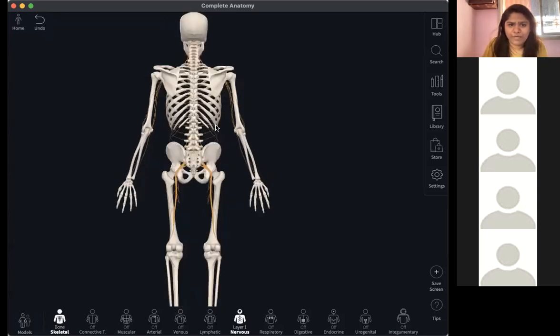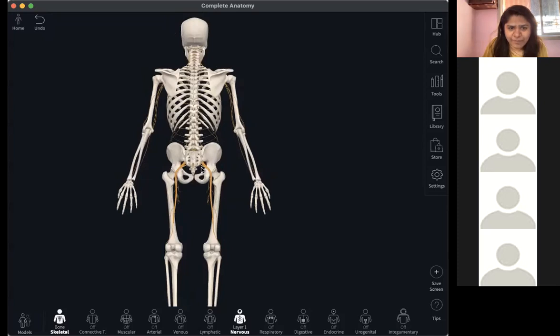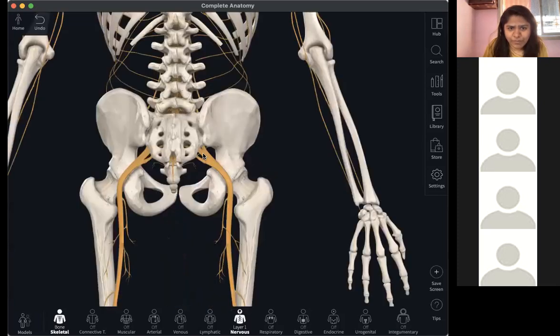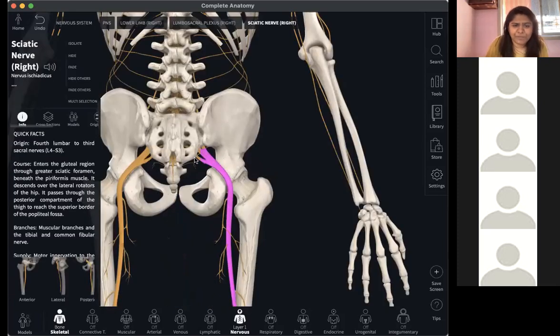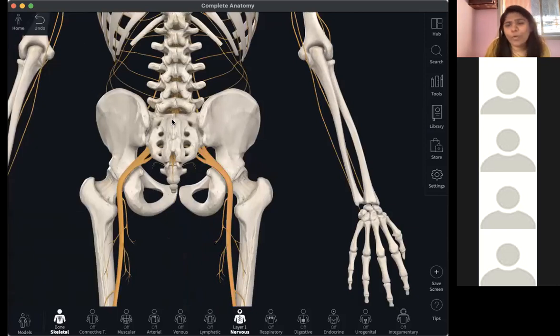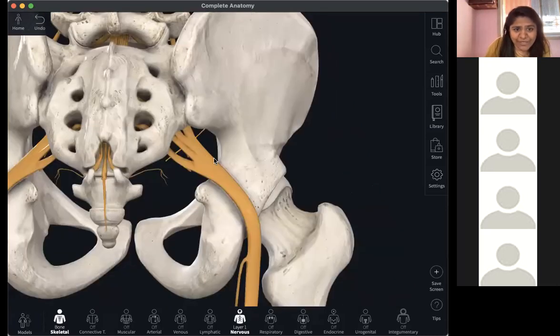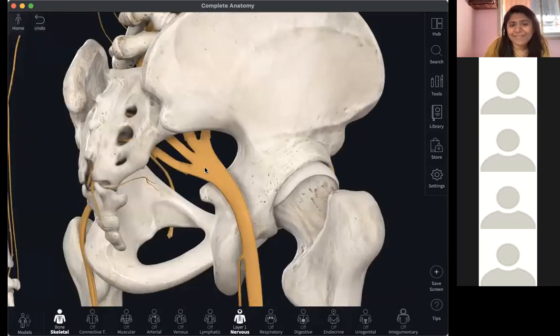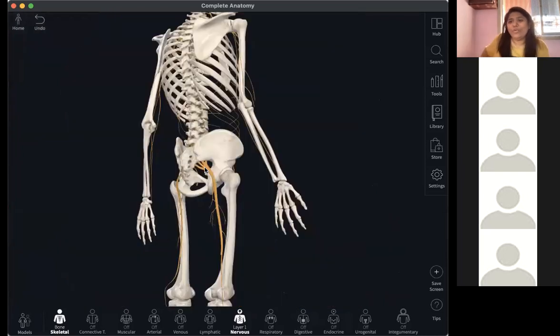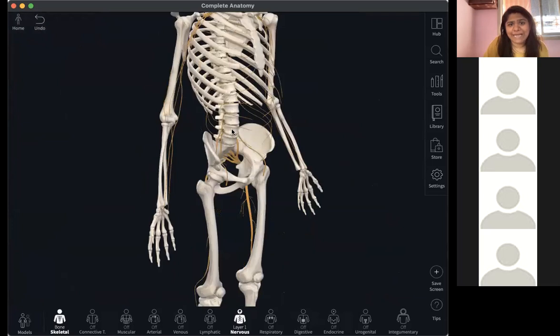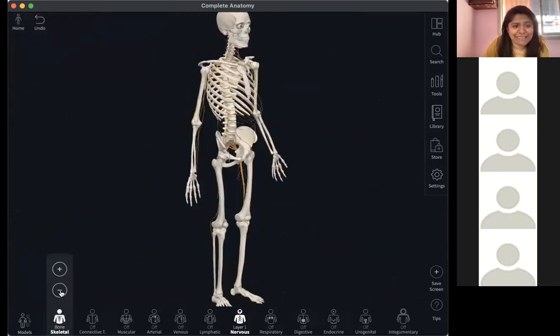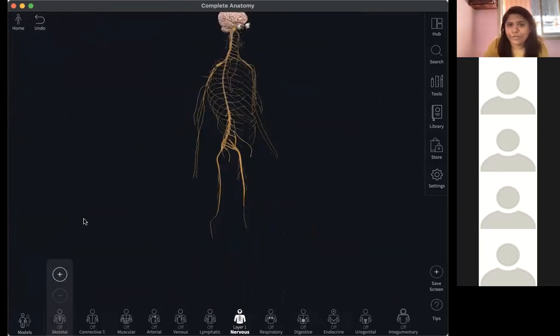What is this bone kind of a thing over here at the bottom? It is 33. Okay. So these are the lowermost parts of your vertebrae that are just fused together. And do you see how thick your nerves are getting at this part? This is because they're supporting your leg muscles. So you can see your brain is a tiny structure, but it has its extensions all throughout your body.